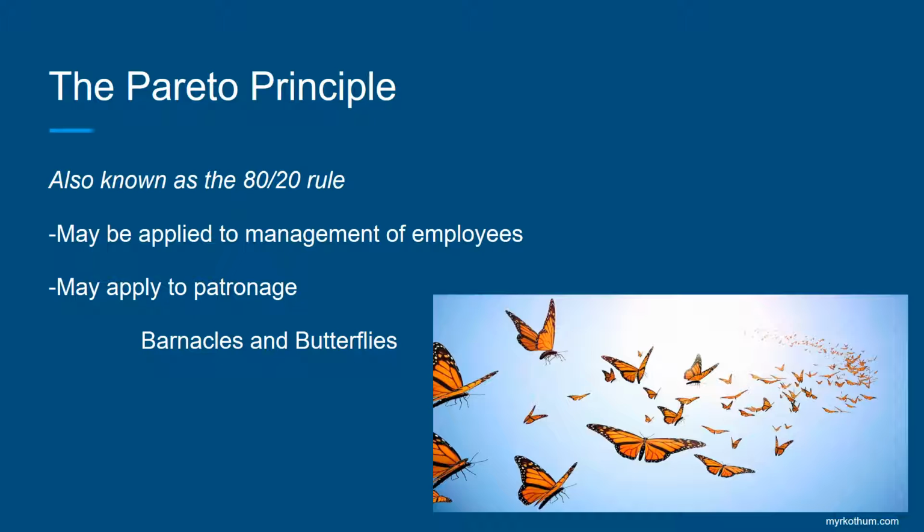If the management were instead to spend 80% of their time with the top 20% of employees, job satisfaction, workplace performance, and operational productivity is thought to improve. When the 80-20 rule is applied to patronage, it concludes that 80% of sales are driven by 20% of customers, meaning that 20% of loyal customers bring repeat business, thereby providing 80% of the business revenue. The loyal customers are often referred to as barnacles, since they stick by the restaurant no matter what. And the 80% are the butterflies that move around and